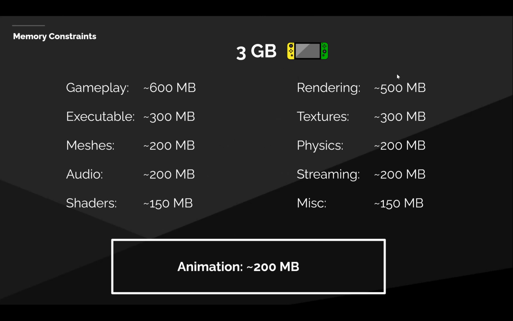Memory is also a huge constraint. So if you're targeting a platform like the Switch or a mobile, you might have 3 gigabytes or less of RAM. And this is a typical sort of breakdown you might see for a game in terms of all the memory usage of the RAM. In an example budget, you might end up with maybe 200 megabytes of animation. That might sound like a lot, but that involves everything you need. So all of the cinematics, any animations you need to play at any time, all the runtime data structures you might need for processing that animation data.